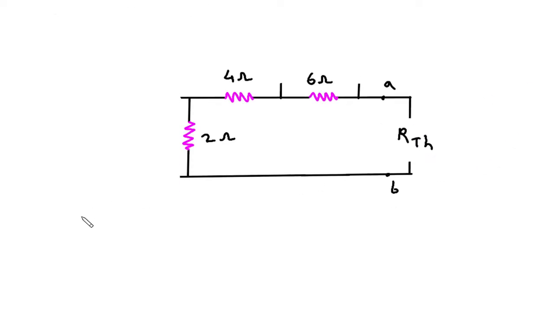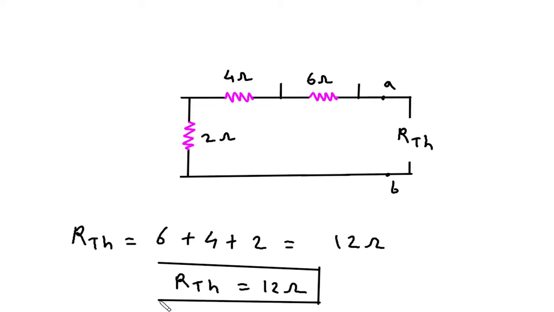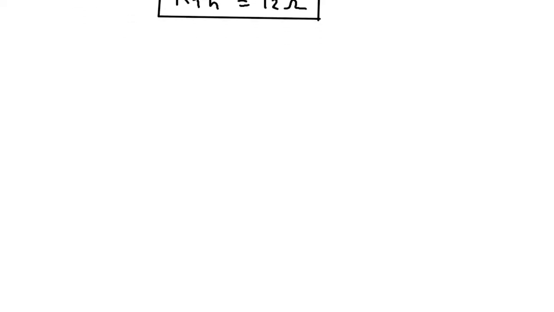Now RTh is equal to 6 plus 4 plus 2. So this is equal to 12. So 12 ohm is the value of RTh. Next we have to find VTh. So to find VTh,